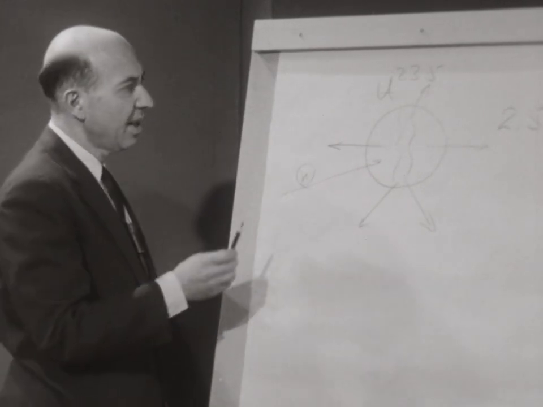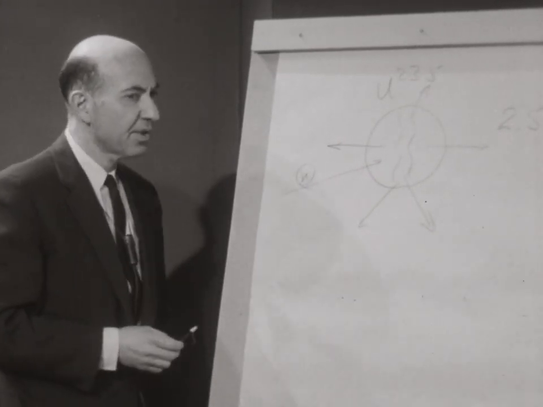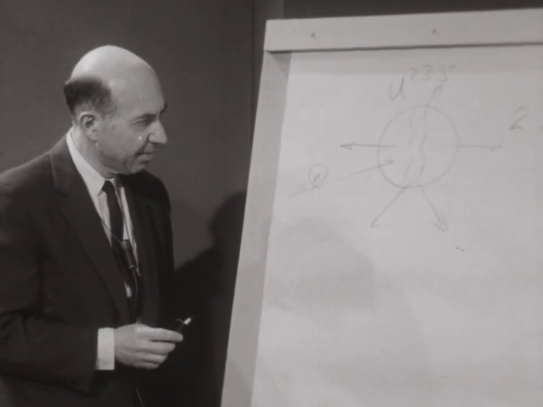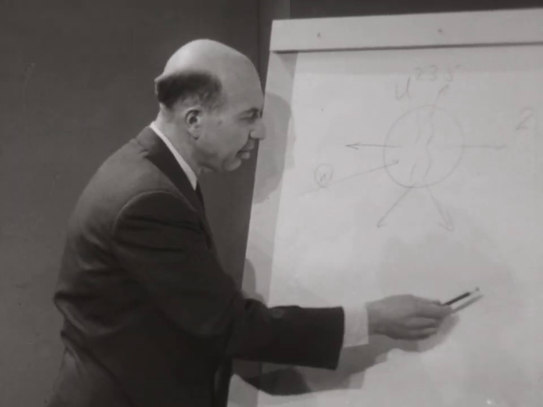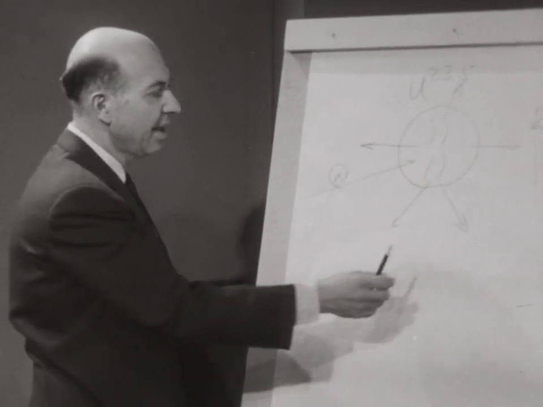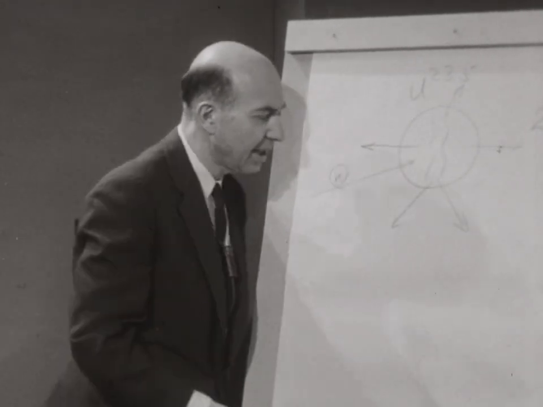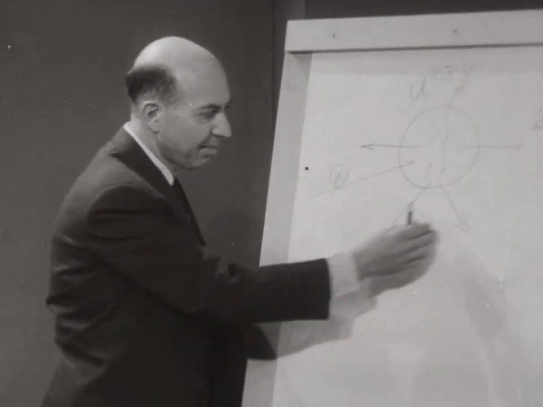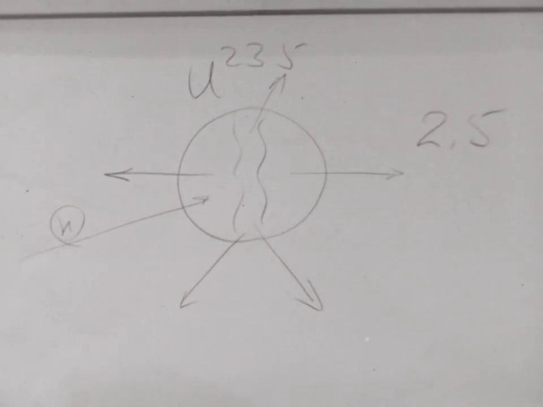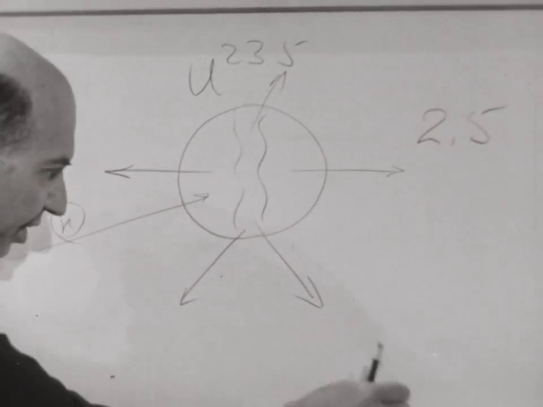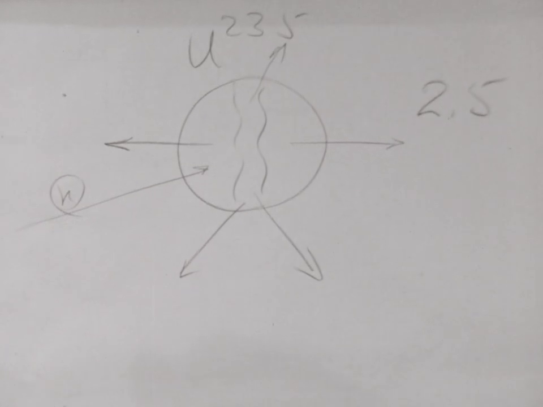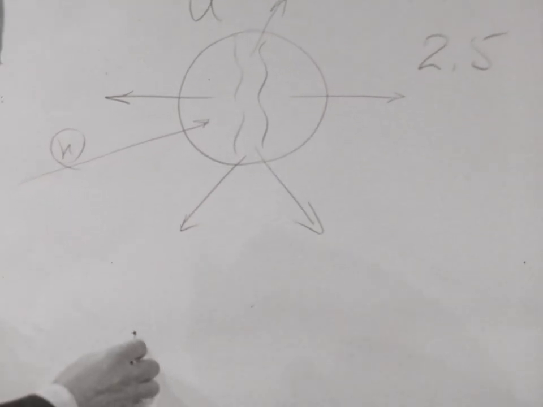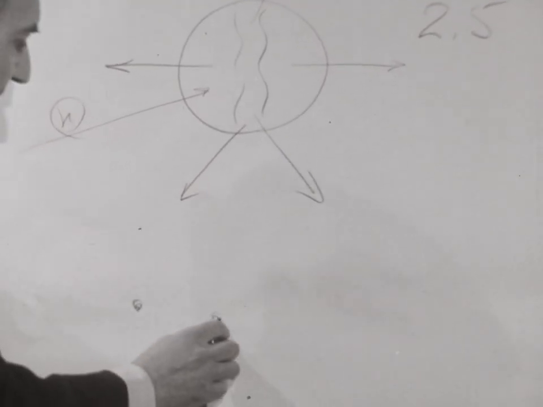It is this emission of neutrons which makes the chain reaction possible, because we can see that if we have other U-235 nuclei present, it's possible that one of the neutrons produced in this fission may be captured in the other U-235 nucleus, causing fission there. That in turn will emit some neutrons, and those may be captured in other nuclei. So the chain reaction process can take place if we